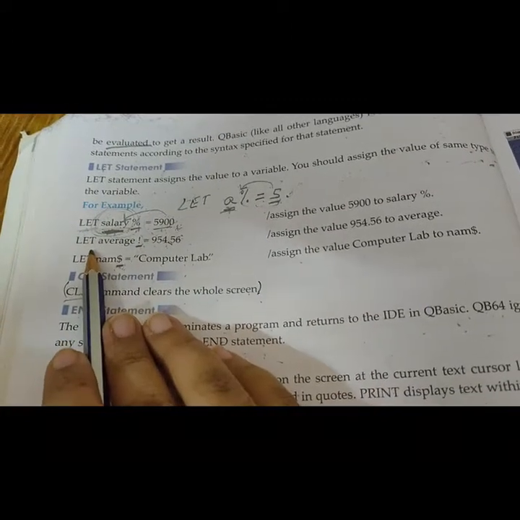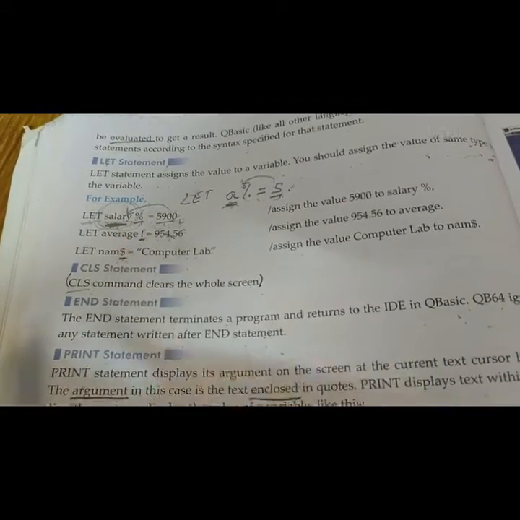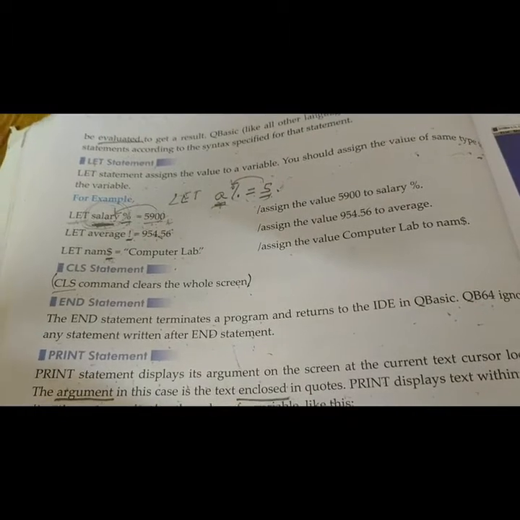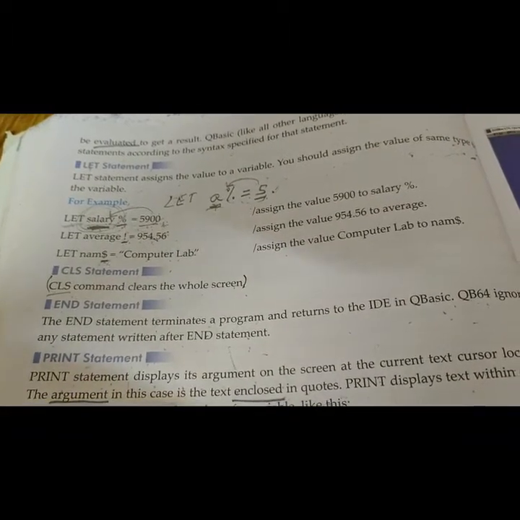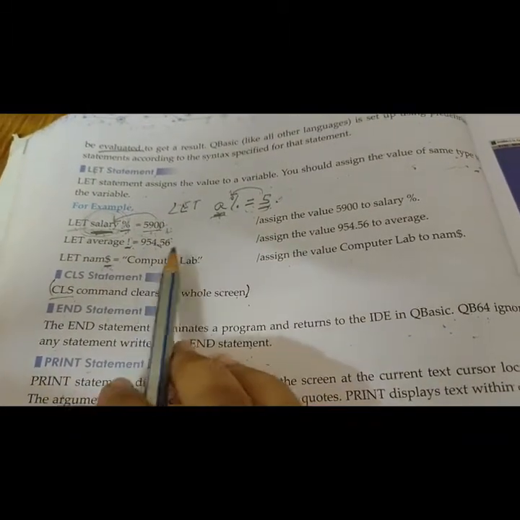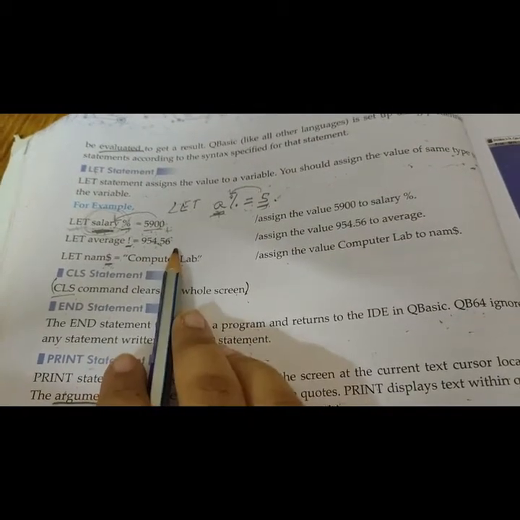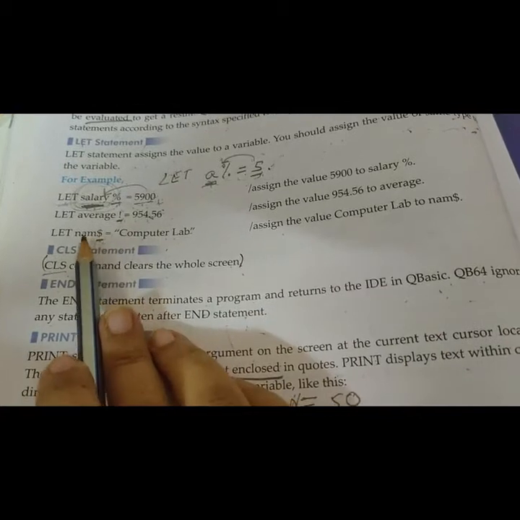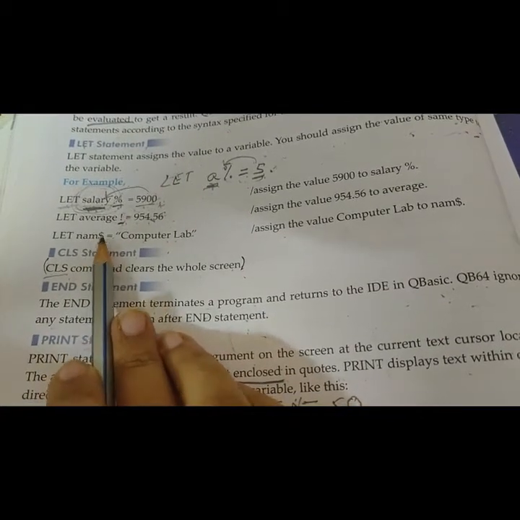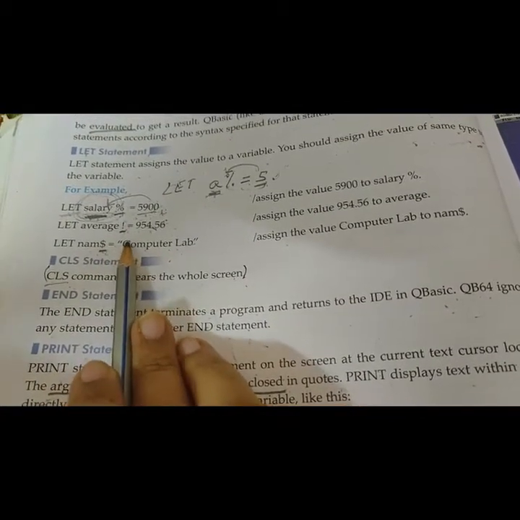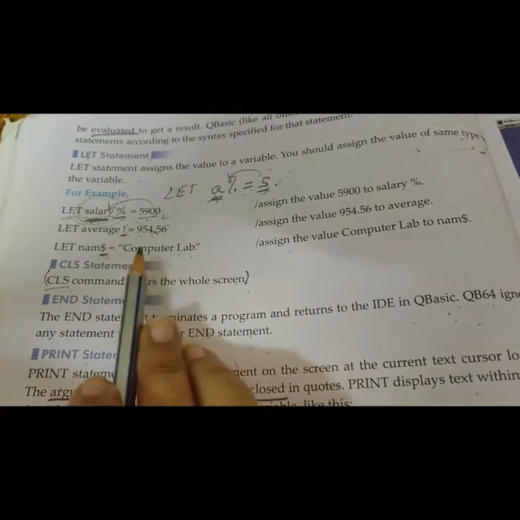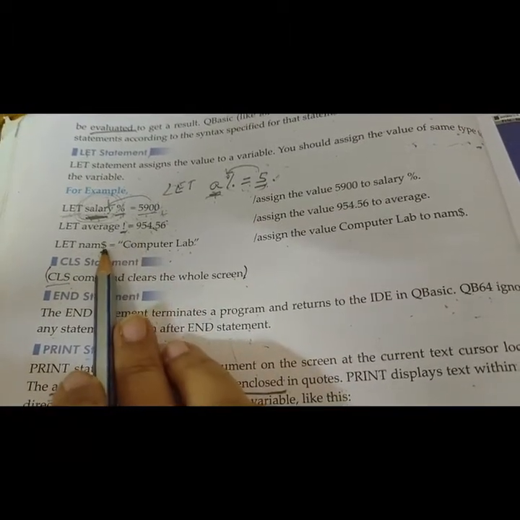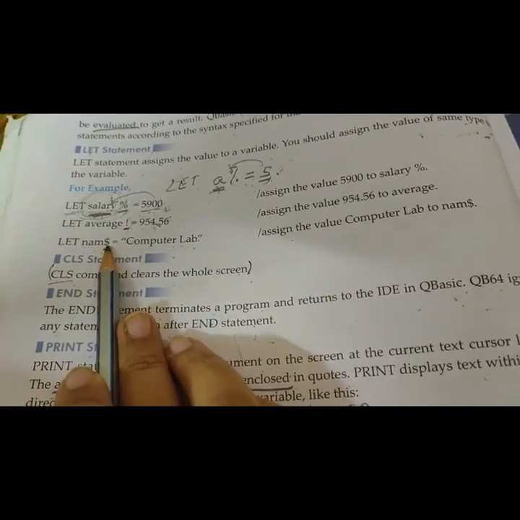Next is LET average! = 954.56. It is a decimal or float value, that's why we use the apostrophe-type symbol here. LET name$ = "computer lab". It is a string value, that's why we are using the dollar sign here.